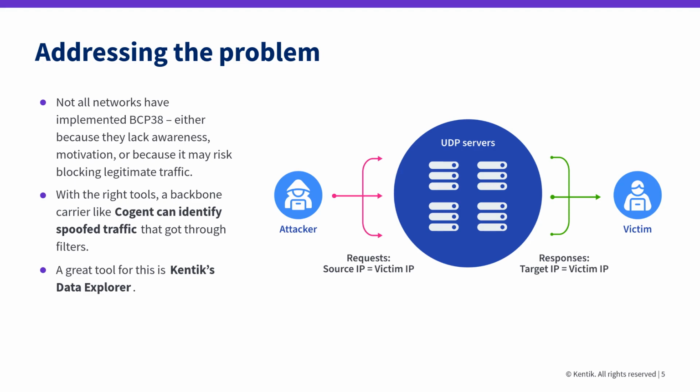So this is an issue we've got. We can't secure all the UDP servers, internet connected devices of the world anytime soon. We've still got a lot of networks that still haven't implemented BCP38, so they are sending spoofed traffic. And so Cogent, given that it is one of the largest backbone carriers of the internet, is in a unique